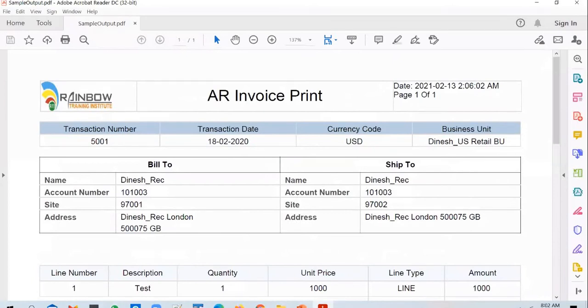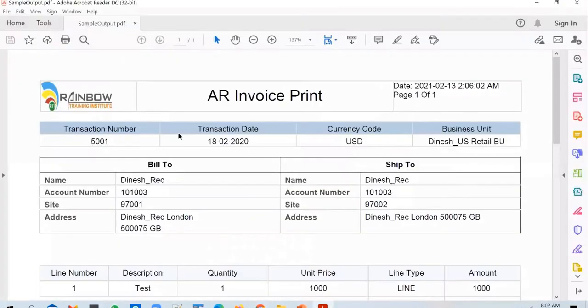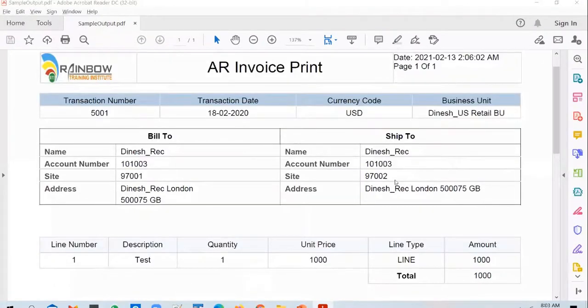So at the moment, we have created a data model which is only pulling the invoice header level details, right? But we need to add in a few more queries to pull in the line details as well as the bill to details and the ship to details.